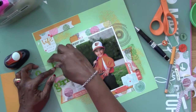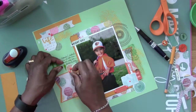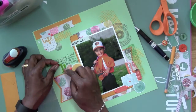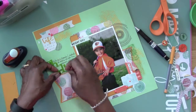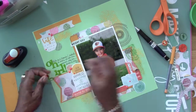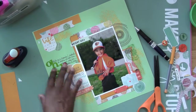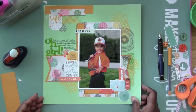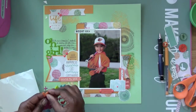So I'm fooling around here and I'm starting to put them down. And I've had these stickers for a while, and I love them because they're like a puffy, but not really a puffy. They're before the puffy stickers started coming out really good, and they're just perfect. And they're called iguana, and I like those. And I'm going to cut out that little piece right there because I want to make sure that that is not hindering the way of the G. So it's still a G though. So I know it looks kind of funky, but it's